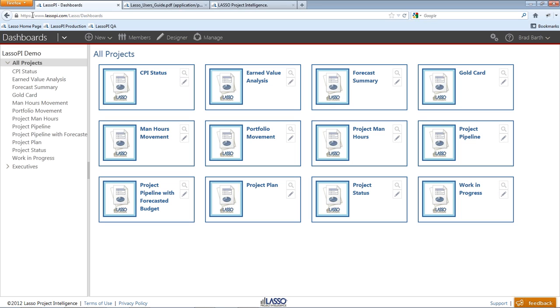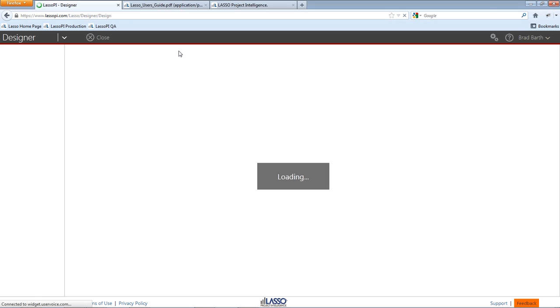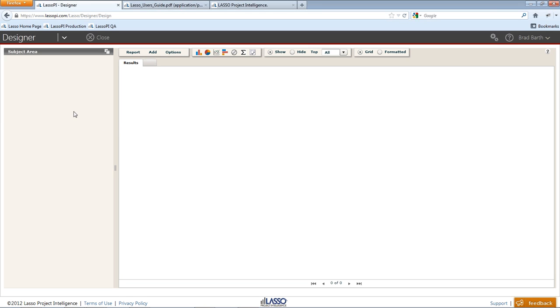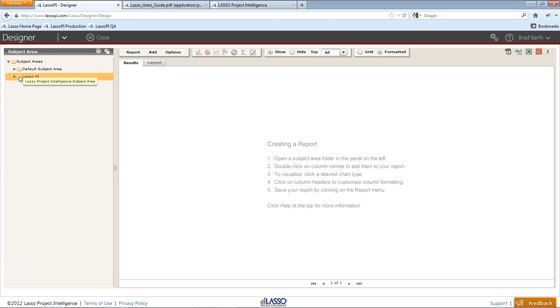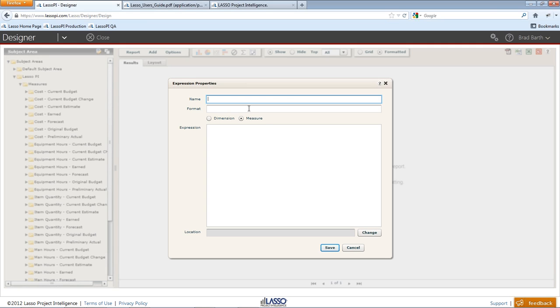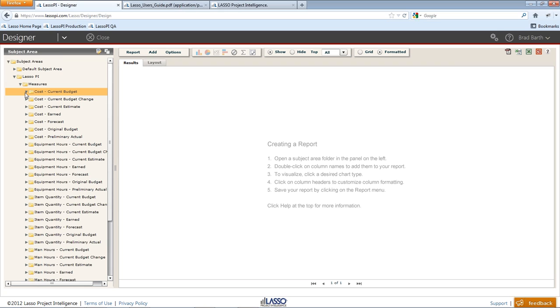Okay. The next question is, can you create your own measures? Yes, you can. So great question. You can actually go in and create measures based upon existing measures, or you could create new measures in totality. So if we wanted to, we could come in and create a new measure and name it, give it a format and an expression. Or we can also go in